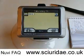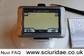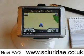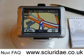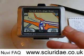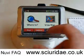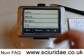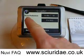Okay, so we're going to Newcastle from London, but we don't want to use the motorways because maybe you're towing a caravan, or maybe you just don't like driving on motorways. So how do you do that? Well, you go into the settings, go into navigation, go into avoidances,